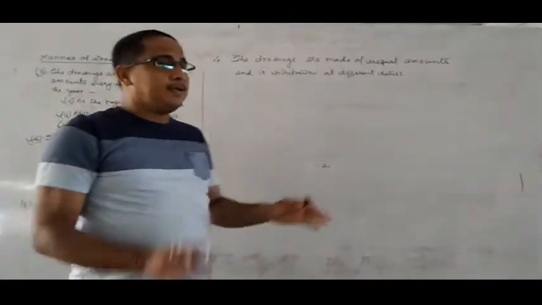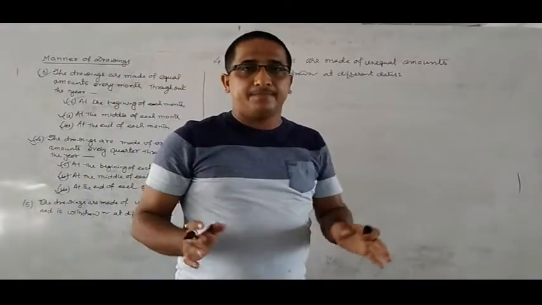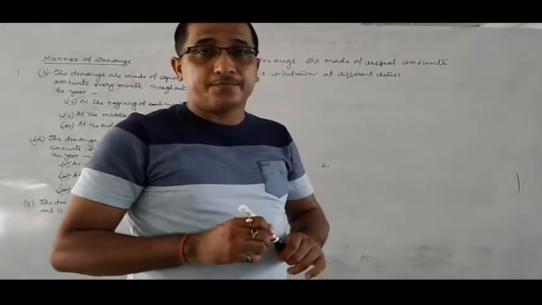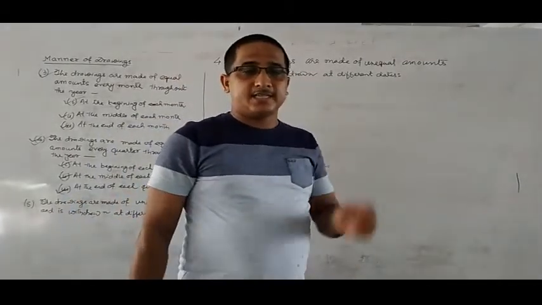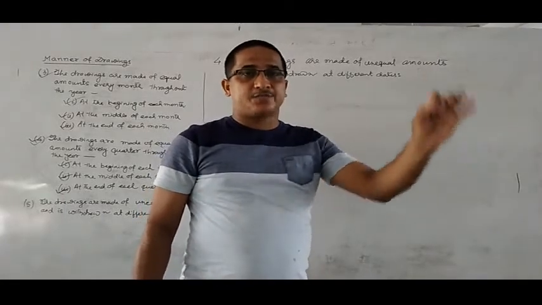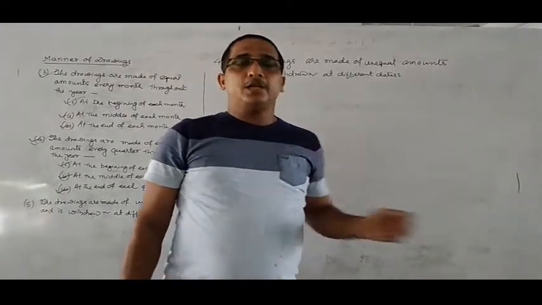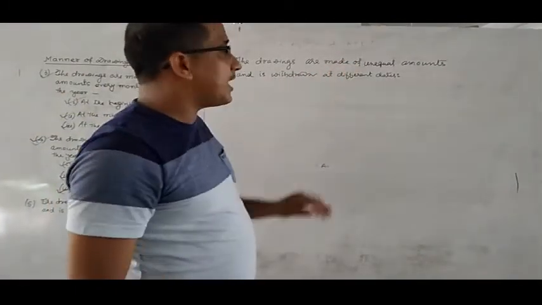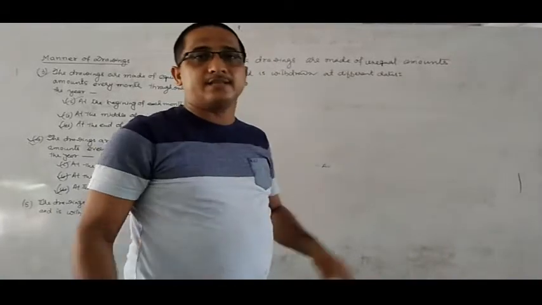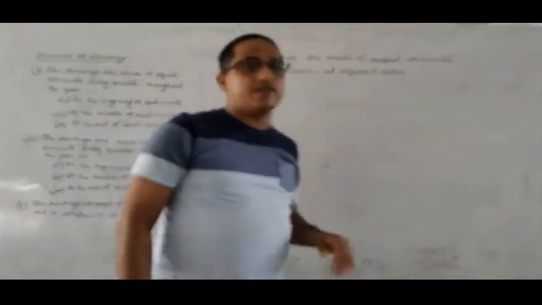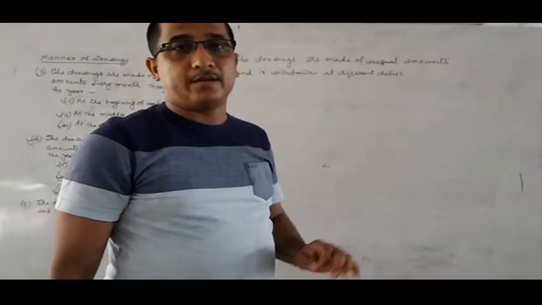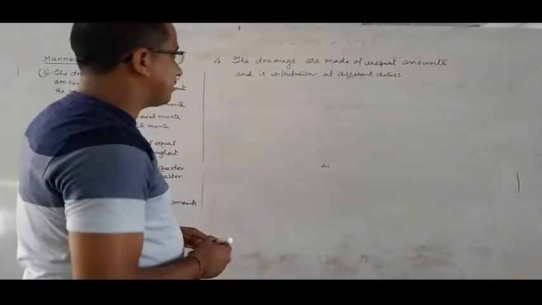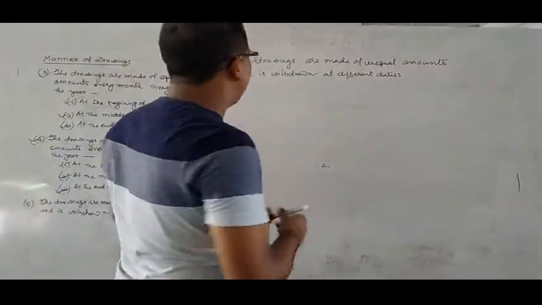Okay, when the time gap and amounts are the same, then the formula to be used for assigning the month for which interest is to be charged is: time date of the first drawings plus time date of the last drawings, divided by 2. But here, as you have seen, the amounts are not the same as well as the date difference. In such a case we have to solve it by applying the product method. Simple method cannot be applied here. You have to just follow the product method.